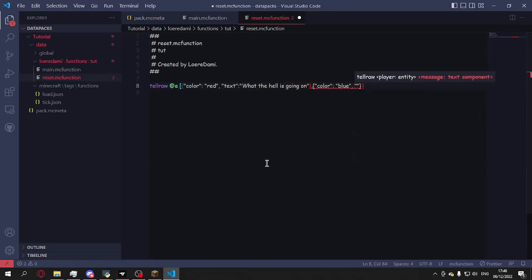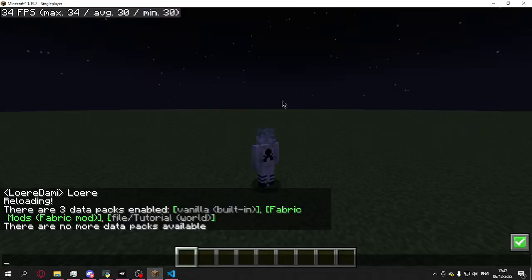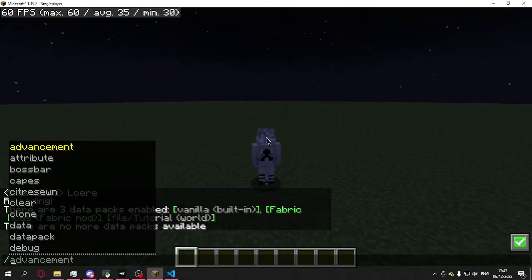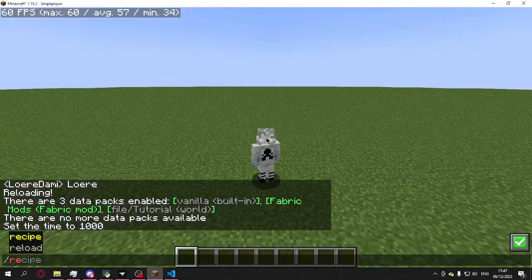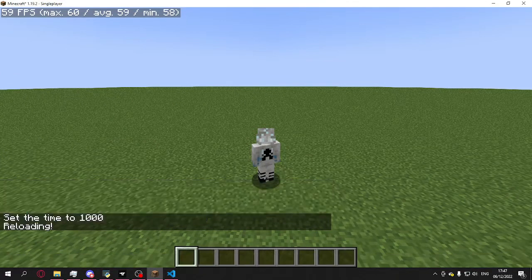And then we say the text is blue. Let's actually just make an exclamation mark. And now I'm just going to save this as it is, because remember, we are still inside the world, and we don't need to relaunch the game. So now all we're going to do to test this is type /reload,